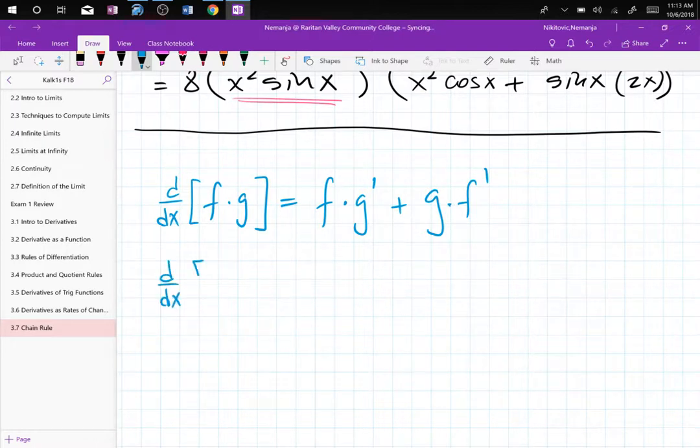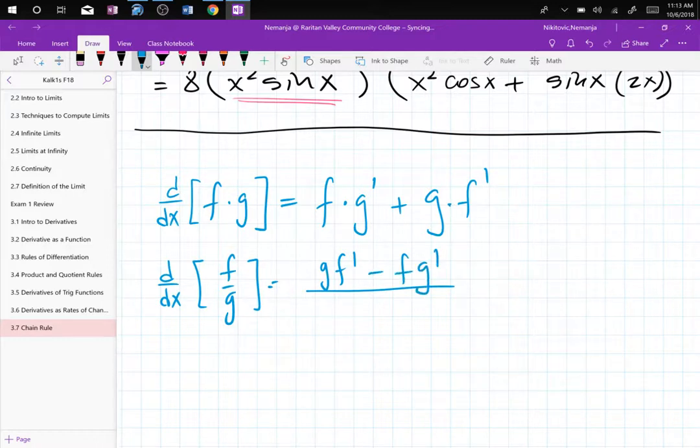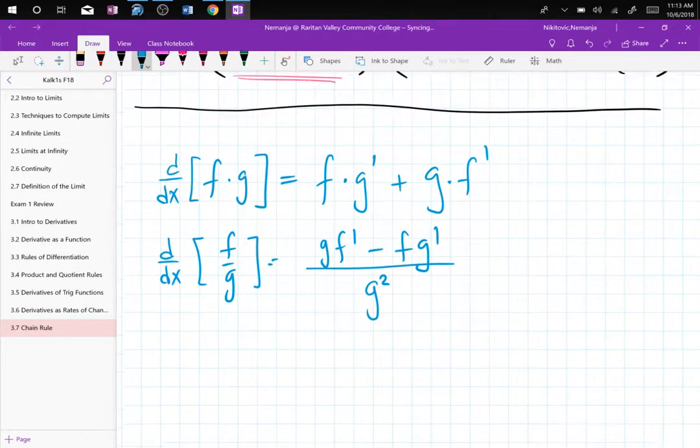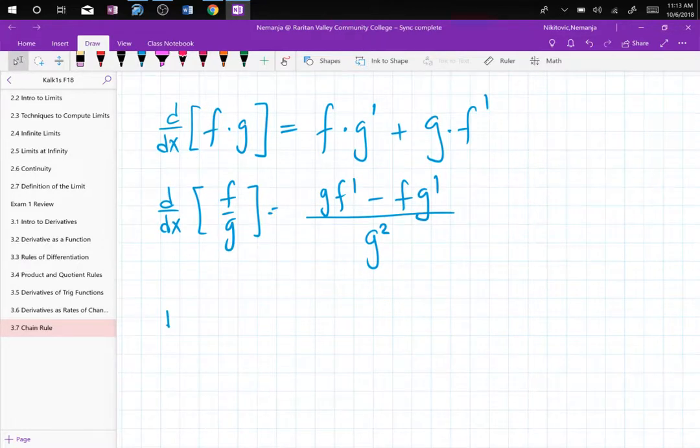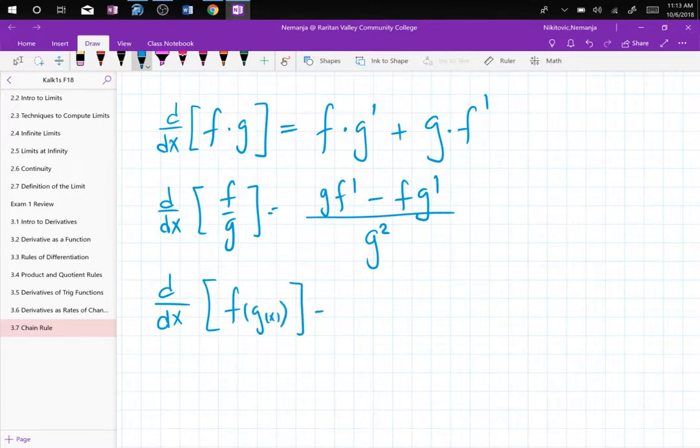Or the derivative of F over G, which is GF prime minus FG prime over G squared. Again, we took the derivative of F, we took the derivative of G. And then we have the derivative of F of G of X, right? Which is F prime with G plugged in times G prime. Again, derivative F, derivative G. So the rules